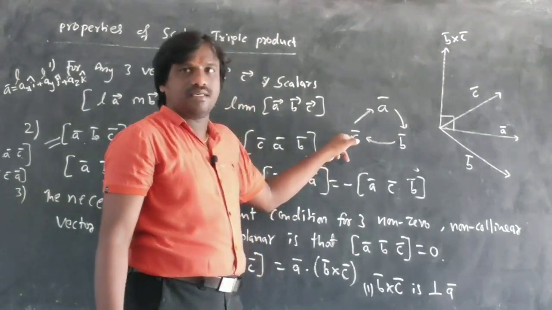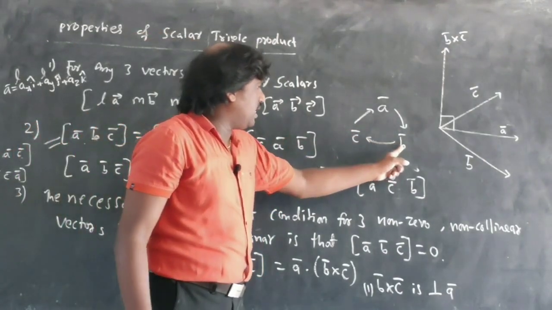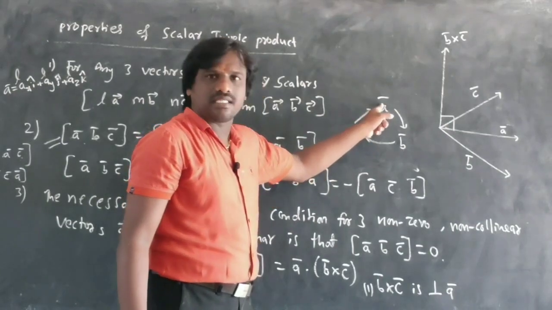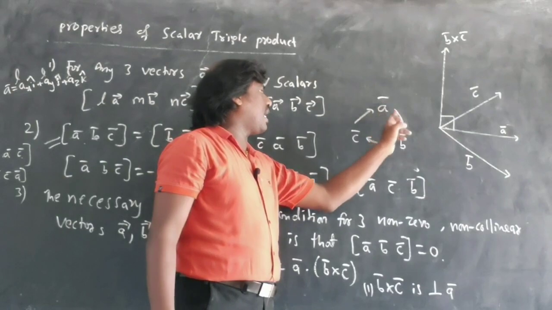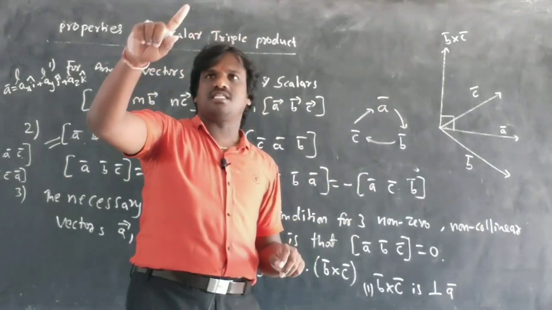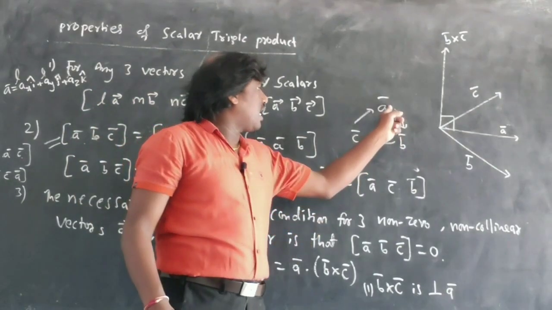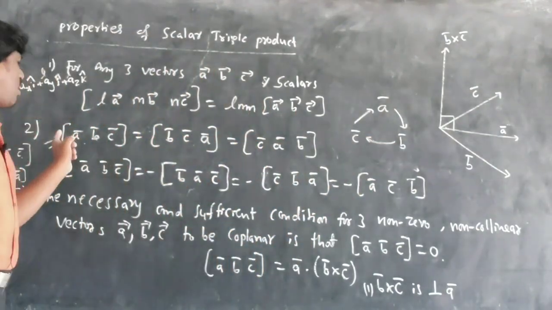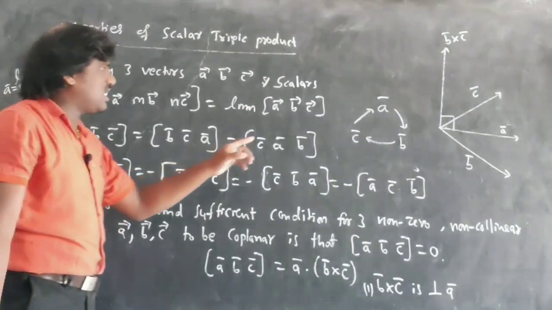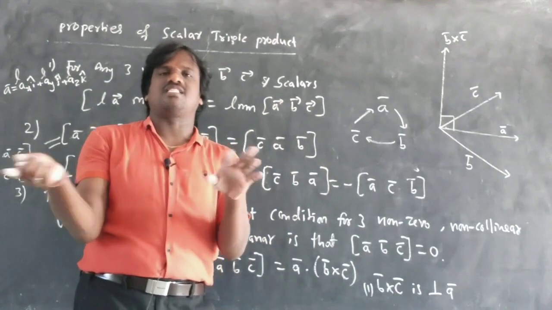ABC I am getting, and next one is BCA. See here, BCA cyclic, it is going on, and CAB. Let us see here, CAB means the direction is coming in this way and not changing any time. See here, I'll tell you which ones are equal. Now, which box is equal, just remember this one, you will understand. This is equal and the rest all are negative.